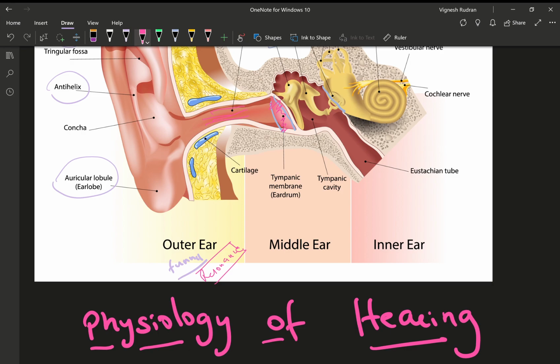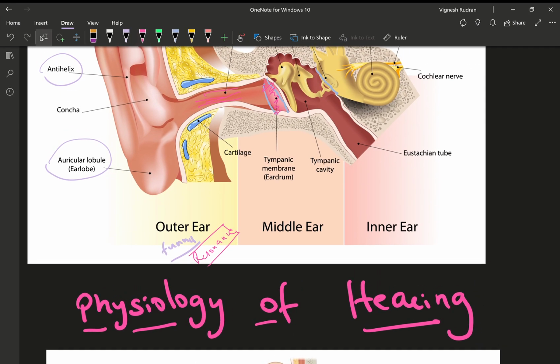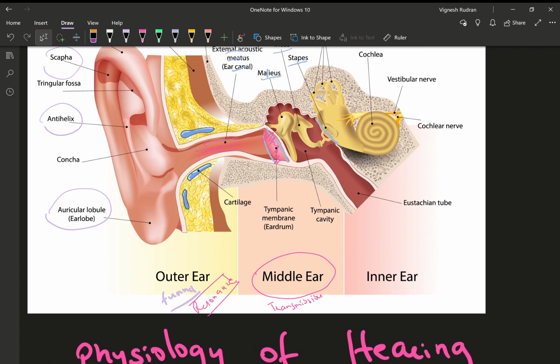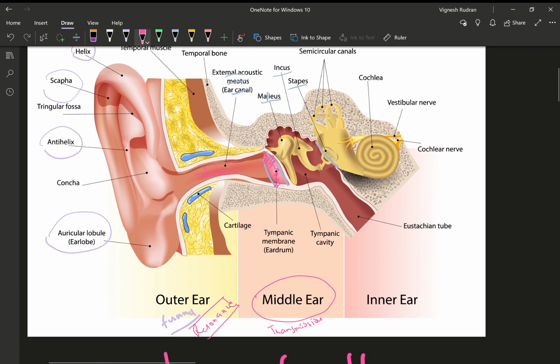The ear ossicles are attached to the tympanic membrane, and the main work of the middle ear, which consists of the ear ossicles, is transmission of this sound from the outer ear to the inner ear without any loss of sound quality. The main important thing you need to note is how it's able to do this: the surface area of the vibrating surface, that is the tympanic membrane, is 20 times the size of the ear ossicle attached to the tympanic membrane. So it's a 20:1 ratio, which enables these ear ossicles to vibrate properly and transmit the noise to the inner ear.